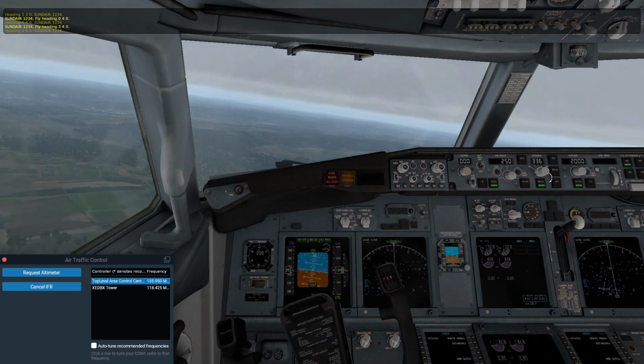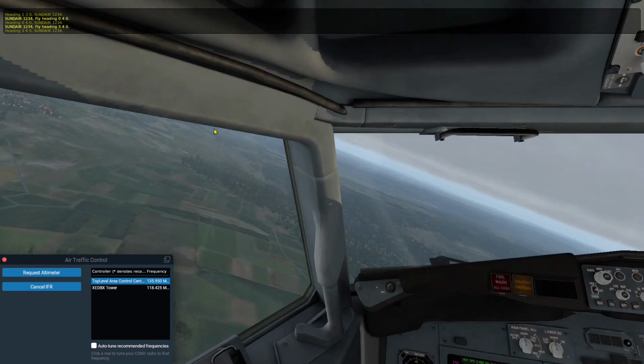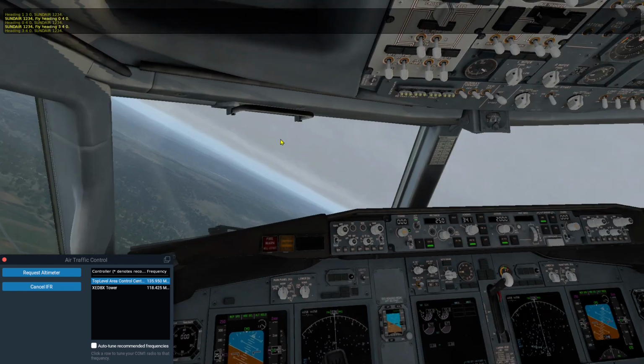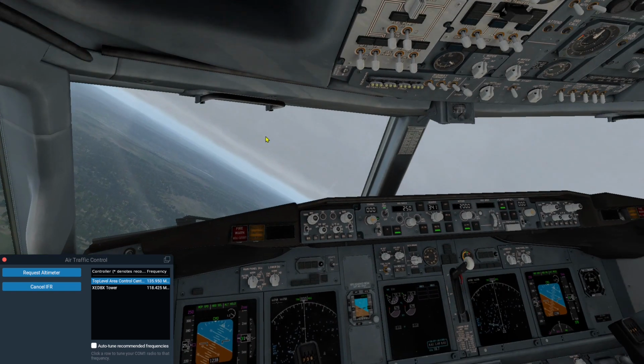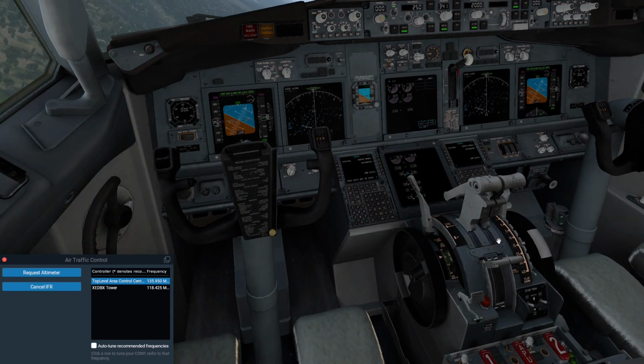340, that might be nearly our runway direction. The runways are 320, so I think this is gonna be our approach. So we can think about what we have to do. So we have to brake down